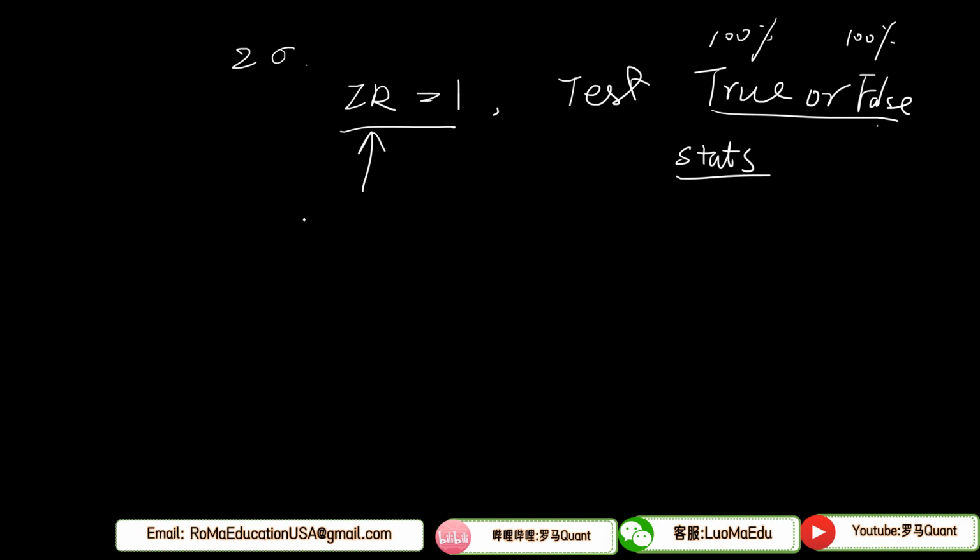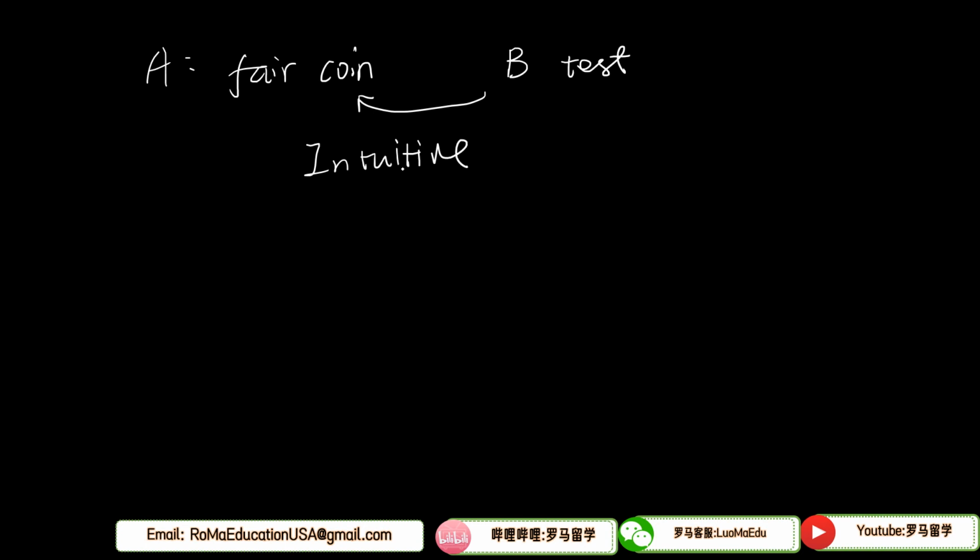So before this information ratio problem, let's start from an easier one. If there is a person A and person A told person B, hey, I have a coin and this coin is a fair coin, how can person B verify if A is correct or not? From intuition, let's go straight to do some experiment. And if the result of such experiment is very rare to see, it seems that this is not a fair coin because the probability of such experiment result is really small or almost impossible.